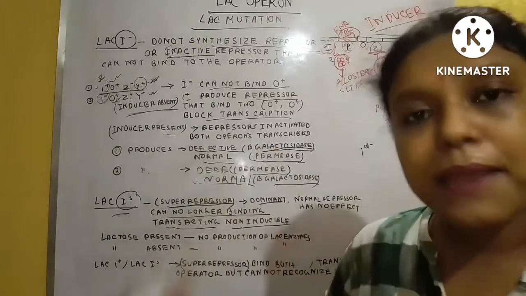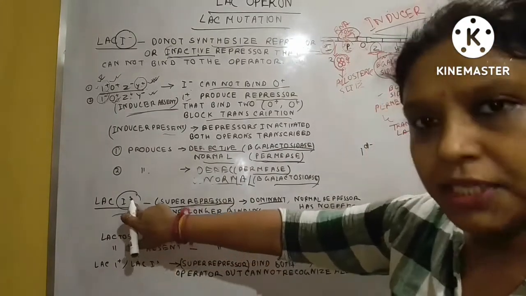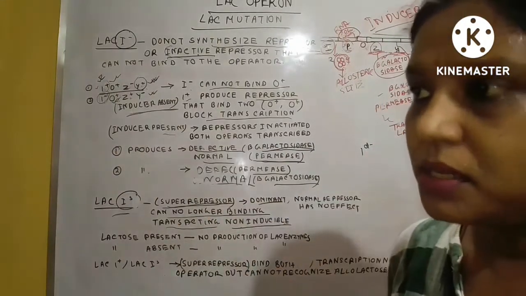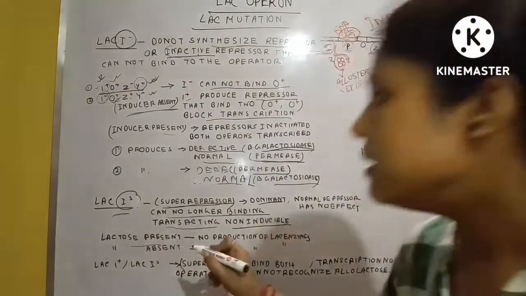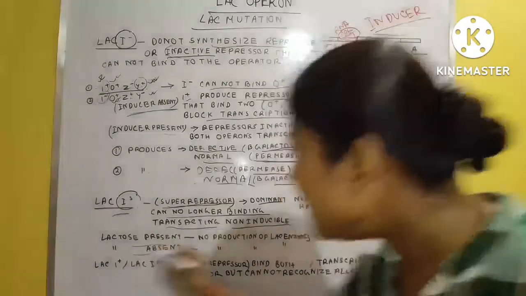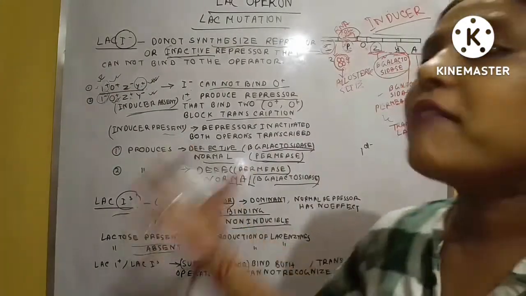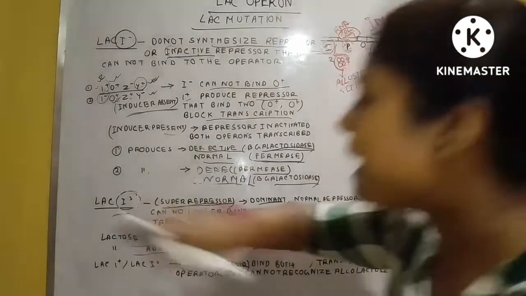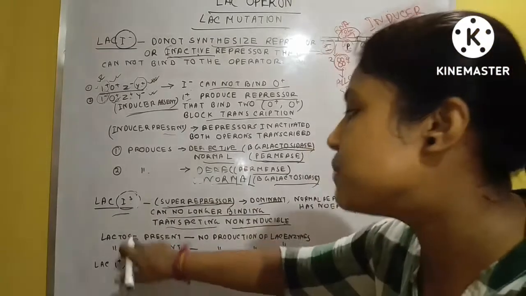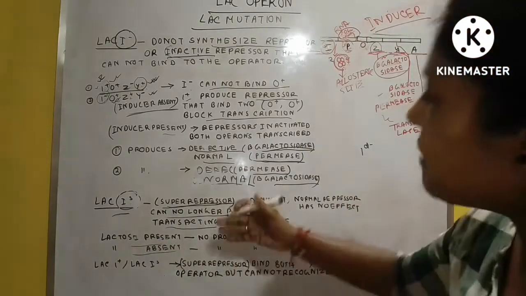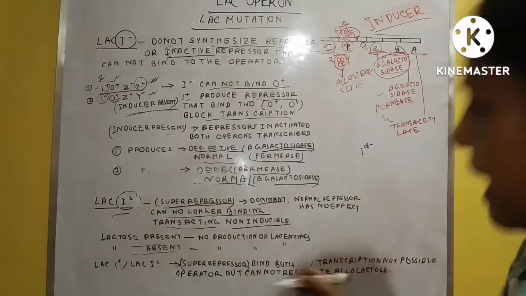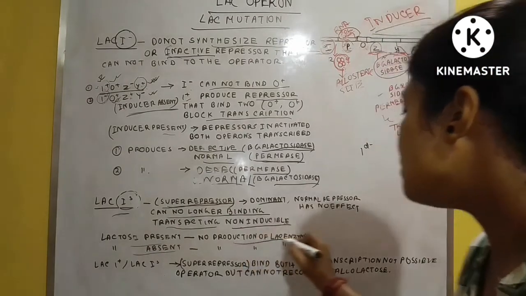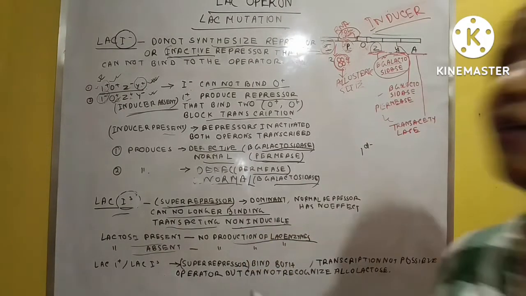So it's very easy to bind with the operator site. If inducer is present, that means lactose is present, no effect is created on that, okay, because it cannot identify the inducer's presence or absence. So it can bind with the operator site, and as a result, there is no production of the Lac enzymes, and obviously